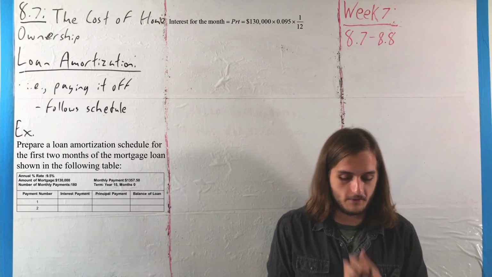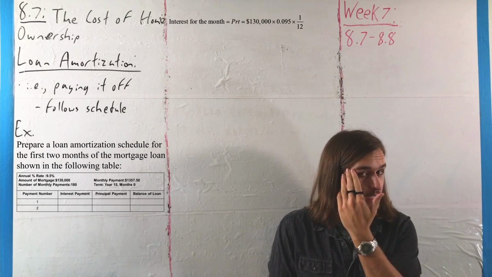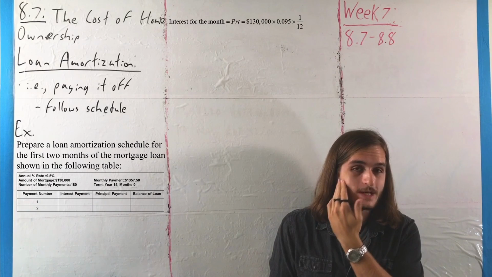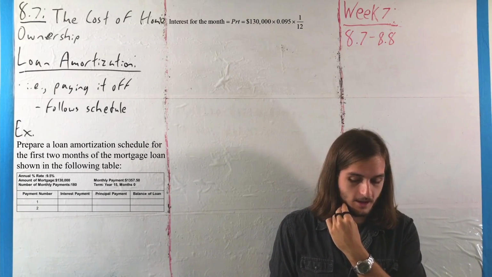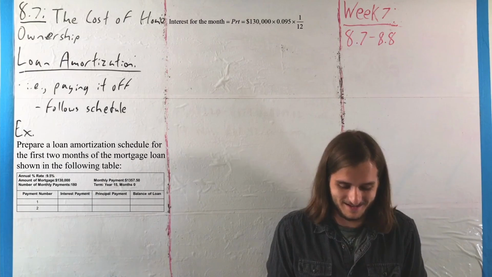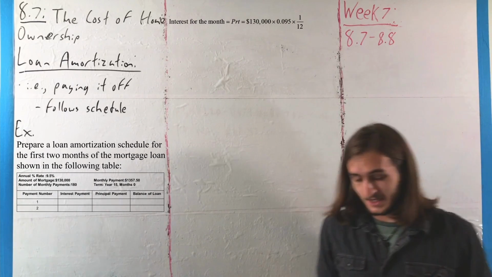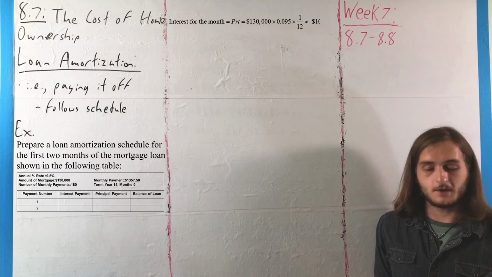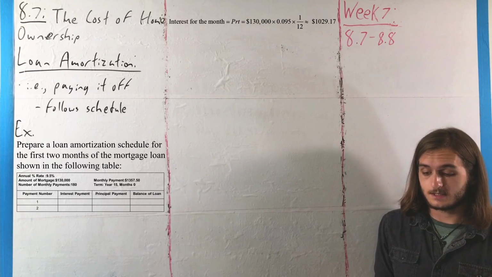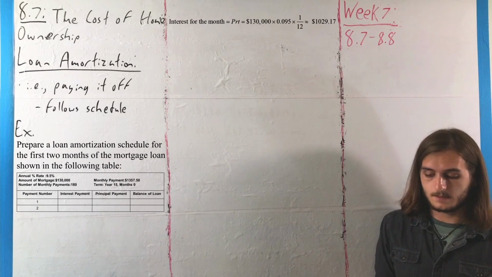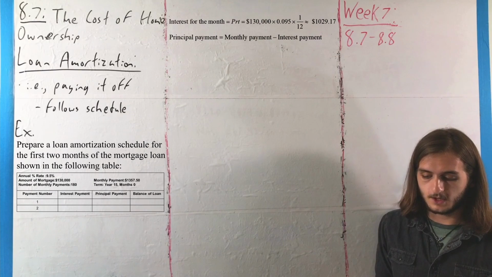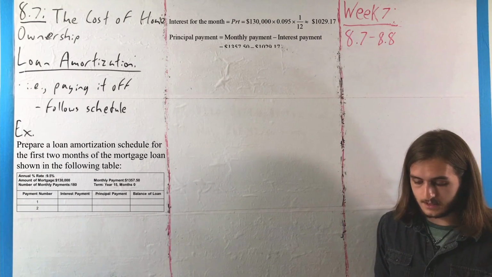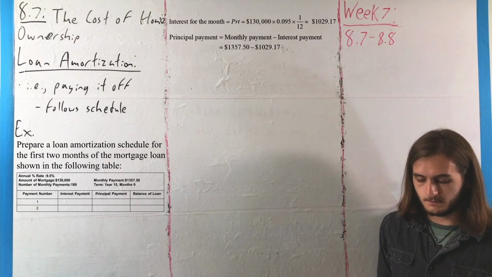If you're offered a mortgage with 9.5% as your rate, turn it down. Owning a house is not worth that bad of an interest rate. But anyway, there you get a value of $1,000.17. Then the principal payment is your monthly payment, which is the given amount there of $1,357.50, minus the interest payment,